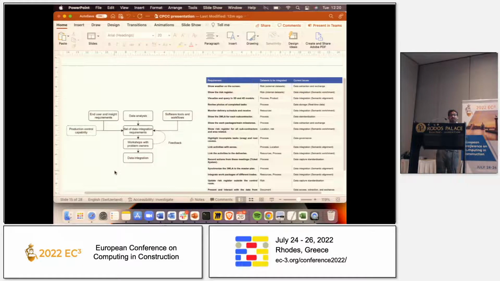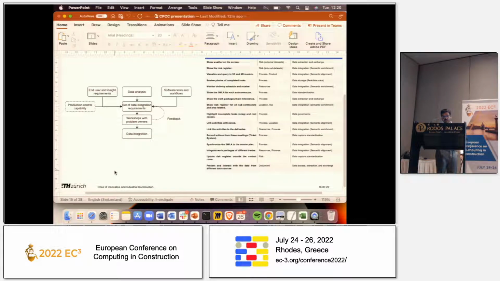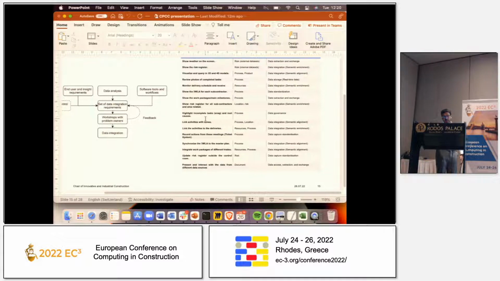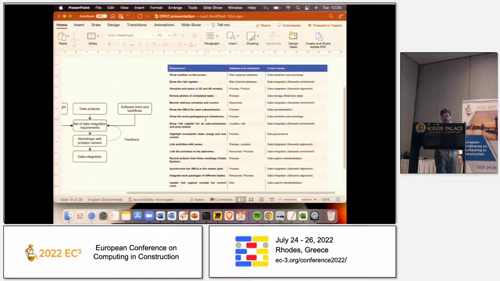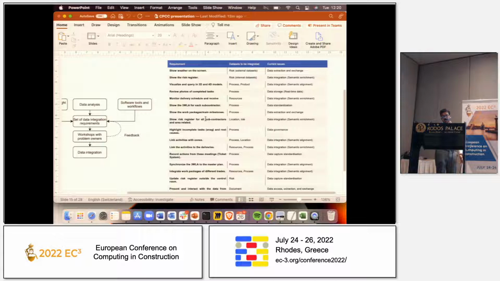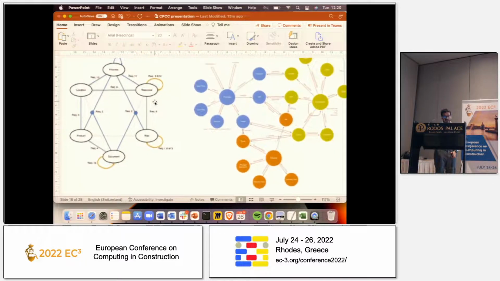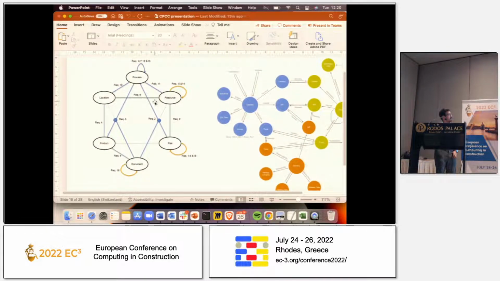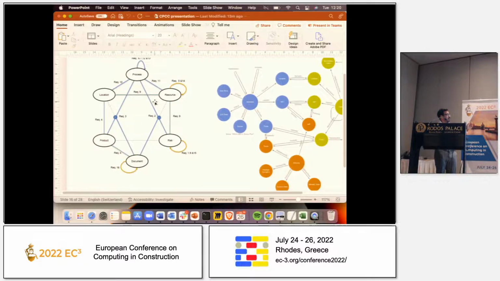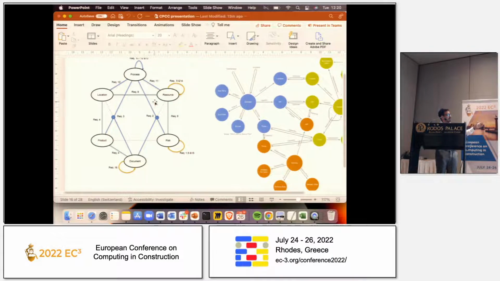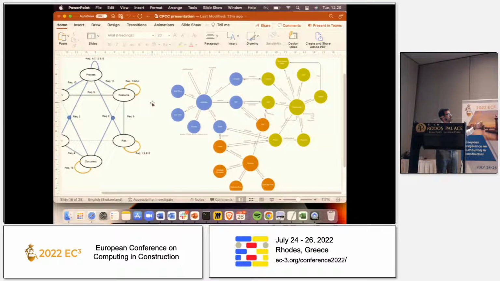Then again, we discussed this with the actual problem owners, who are the people at the construction site. We had a feedback loop, and then we came up with the data integration plan, which is shown over here. It covers a lot of things: what data has to be integrated, where it has to come from, etc. Again, we had to map the different data sets that we have with the requirements that we have, and we came up with